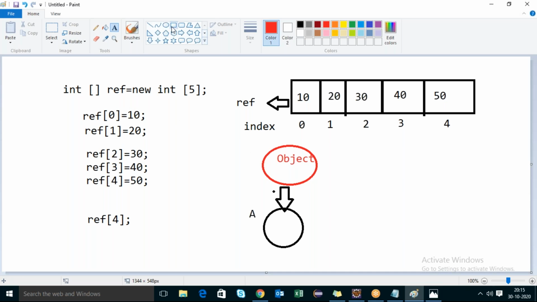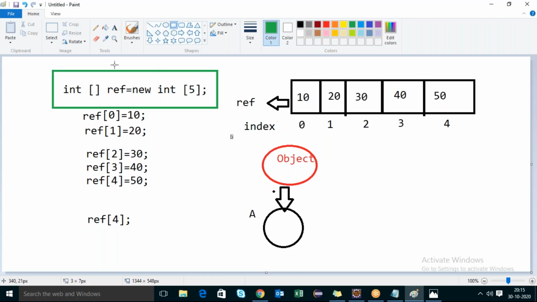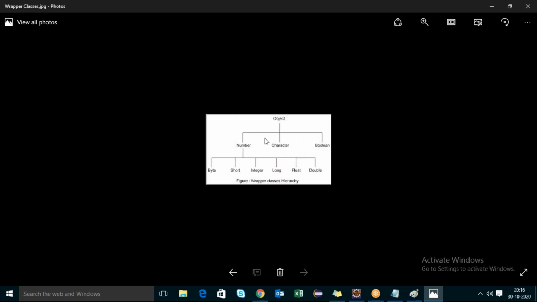If you create a syntax like this, internally what will happen, you know? This statement will create an object for this class. What class? Integer class. For each and every data type, we have a wrapper class. First people introduced the primitive data types: byte, short, int, long, float, double, and then people introduced wrapper classes. Wrapper classes are nothing but, based on your primitive data, people came up with classes. These are predefined classes from Java, and each and every class acts as a child class of